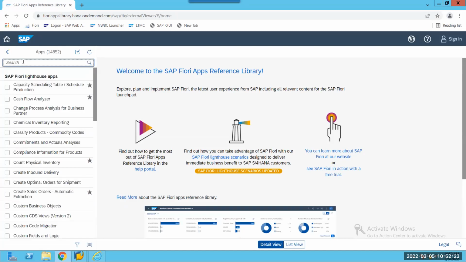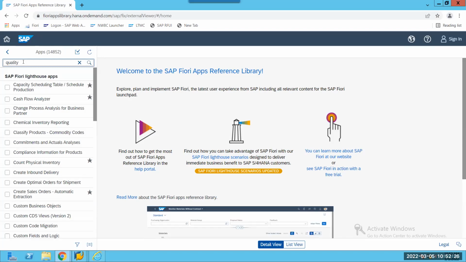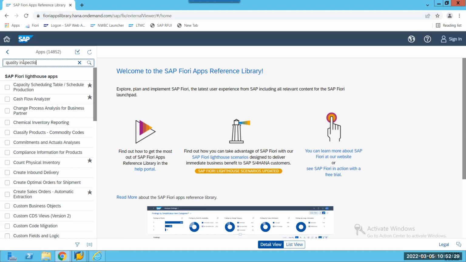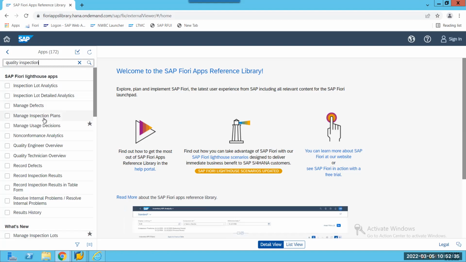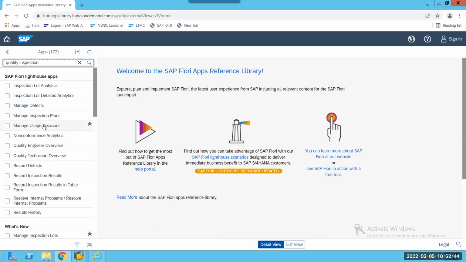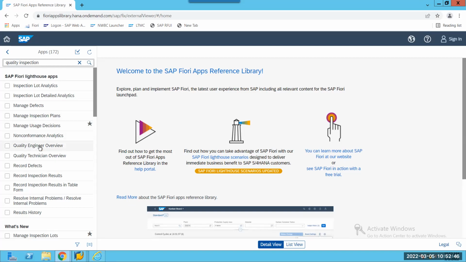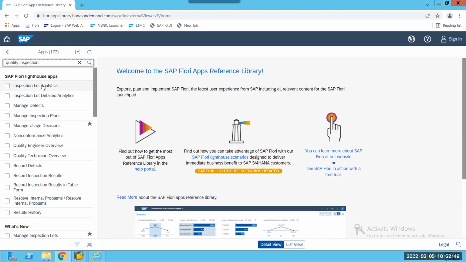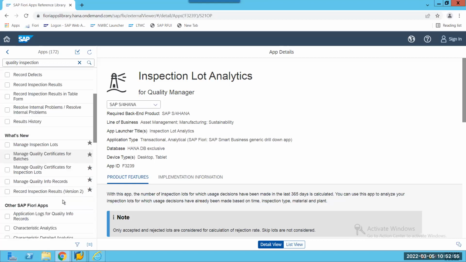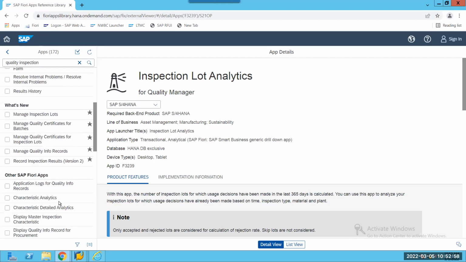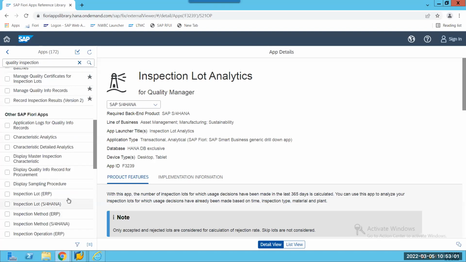And then quality, right? Quality inspection or quality management, something. Manage inspection record inspection results, resolve internal problems, resolve results history. Manage inspection plan, pieces, questions, non-conformance, quality engineering review. So maybe I can get this thing, manage inspection logs, manage quality info record application log for characteristics. Oh, now this is display factor.